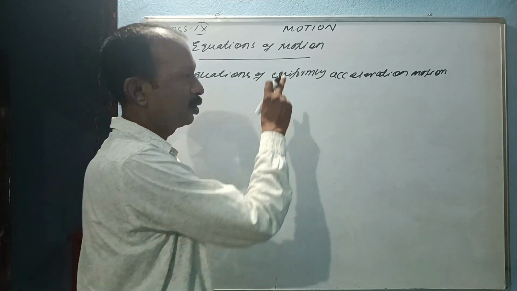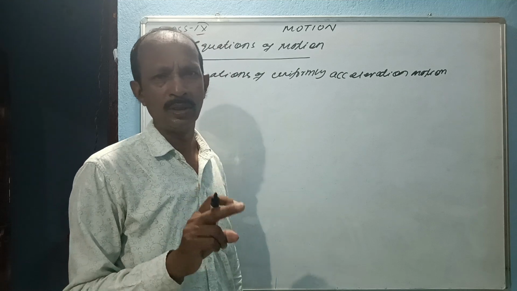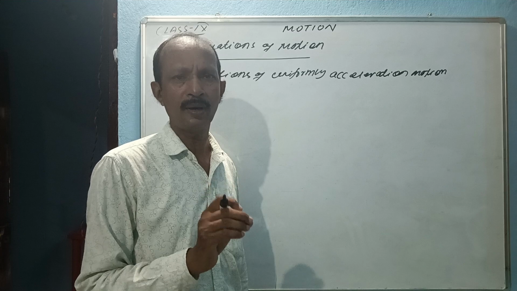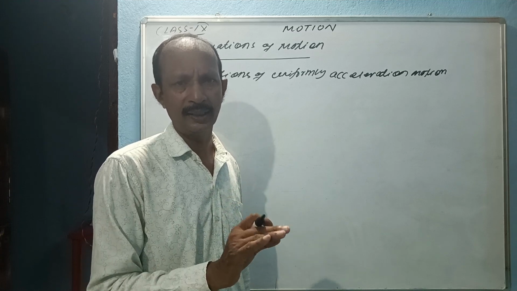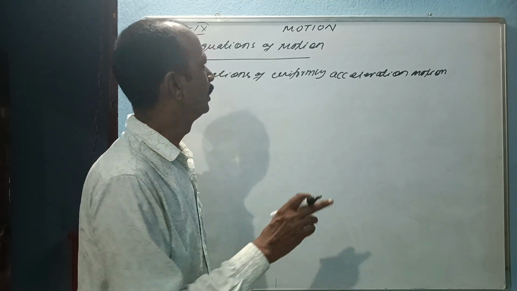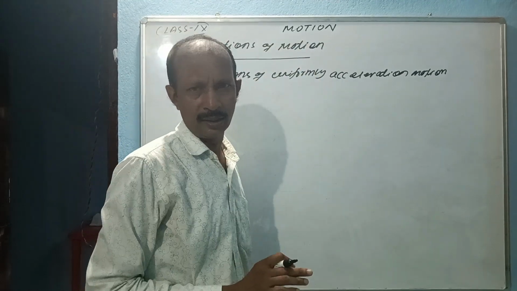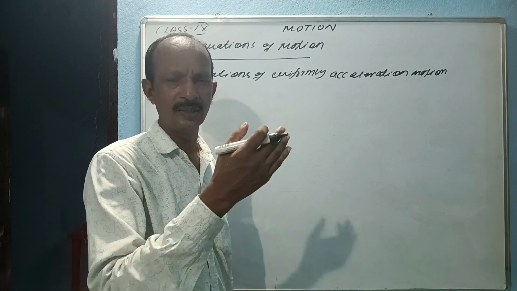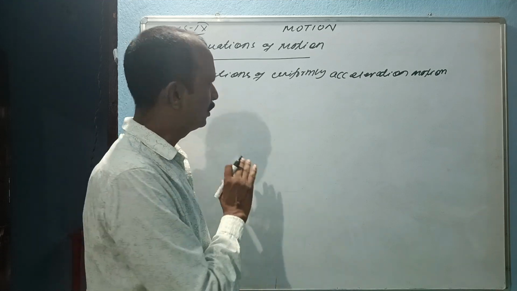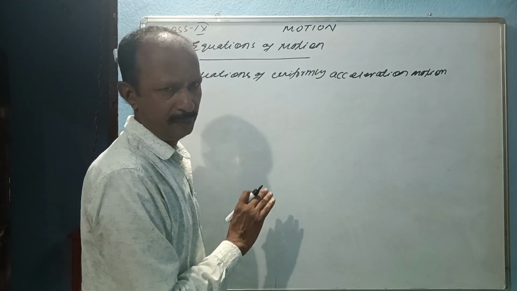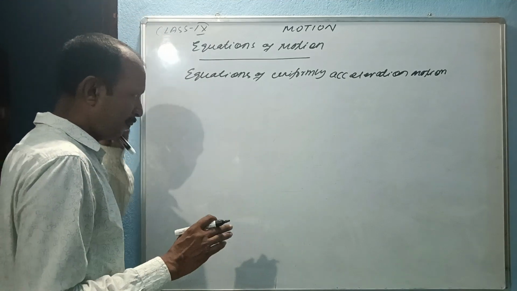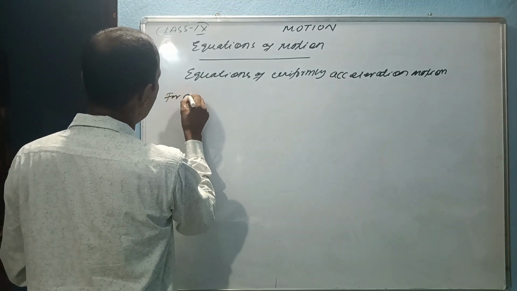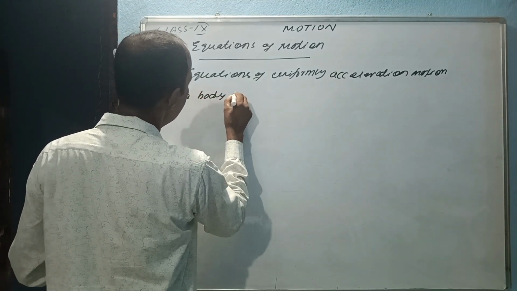This topic is purely about one dimension. That means the body which moves with a uniform acceleration in a straight line. If it is two dimensions, you have to think about the plane, but this is purely one dimension. So for a body moving with uniform acceleration,